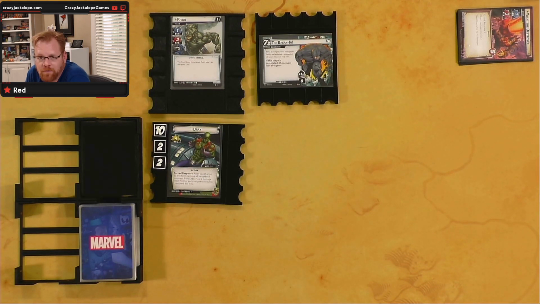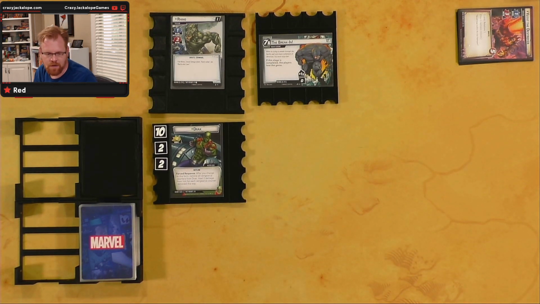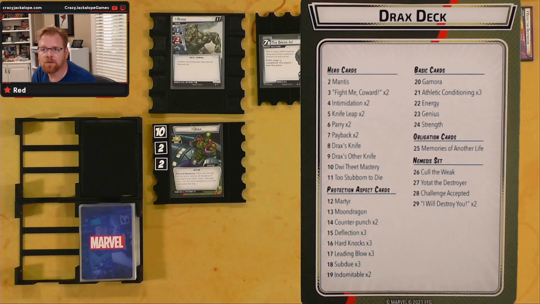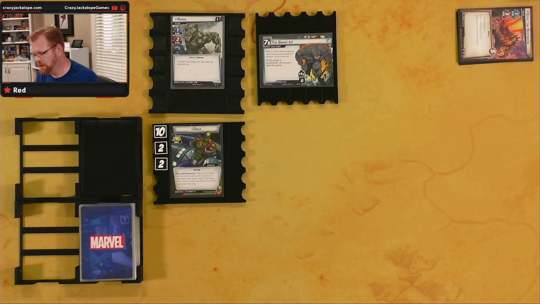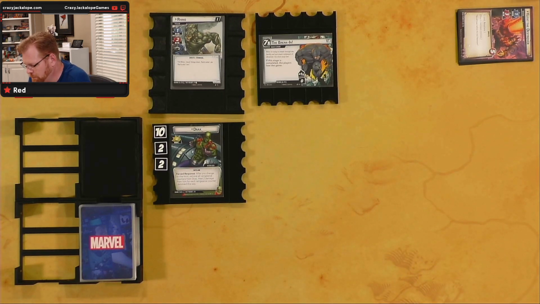All right, we've got Drax on the table here. Drax protection. So we're still using the pre-constructed deck, which is this one right here. It's the one that comes out of the box. It seemed to work pretty good last time, so we'll give it a go again. We handled Rhino Standard, and we're going to do another run at Rhino Standard and see how that works out before we step up the